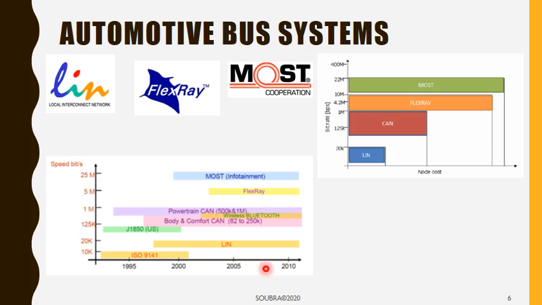And then we can see the evolution throughout time. So we have this timeline here. Alright, so I'm interested in that one, and that one. So LIN here. We can see it's rather a low speed bit rate, 20k, which is not bad, but I mean it's low compared to the others. Alright, and we started using it here around